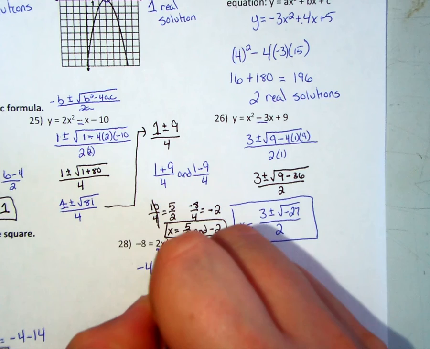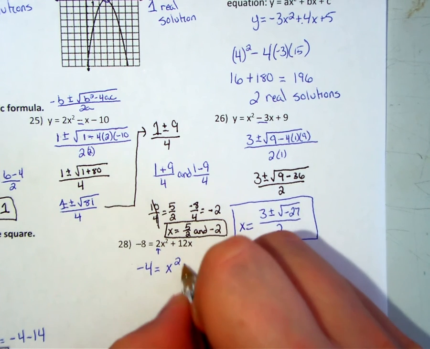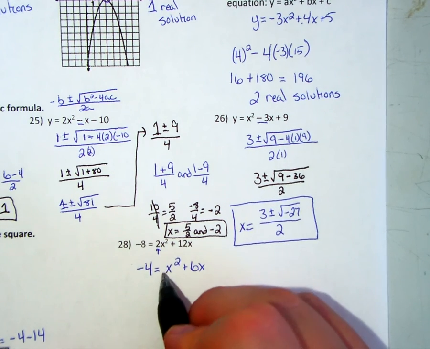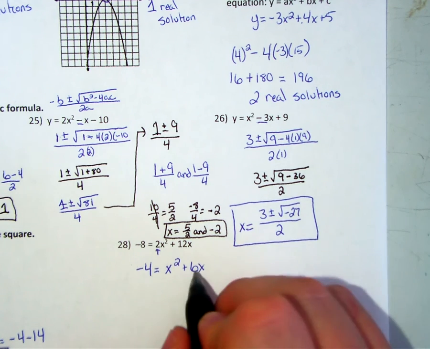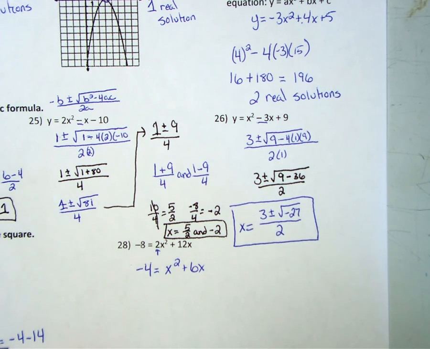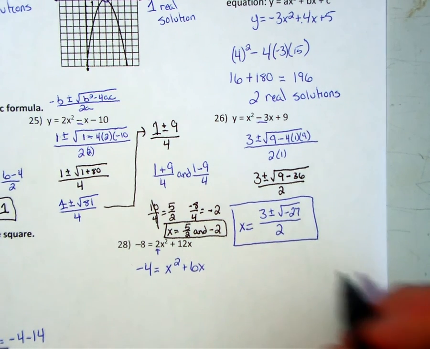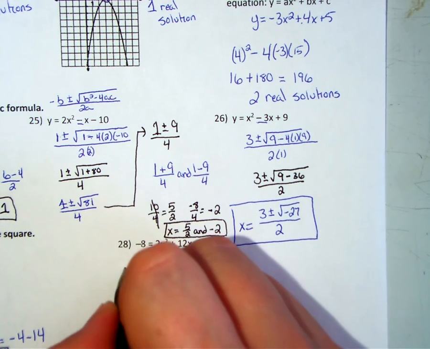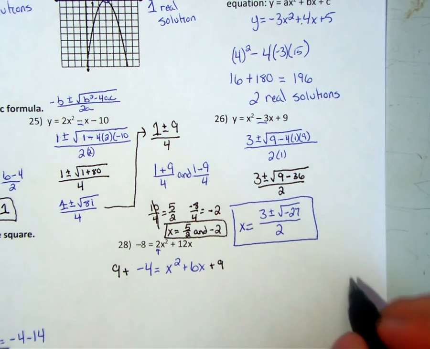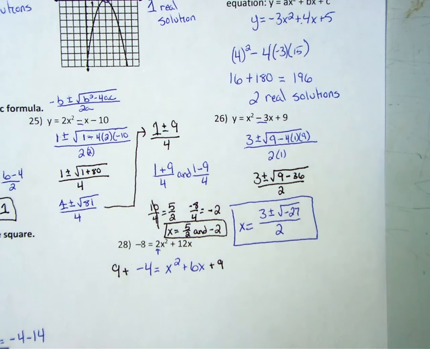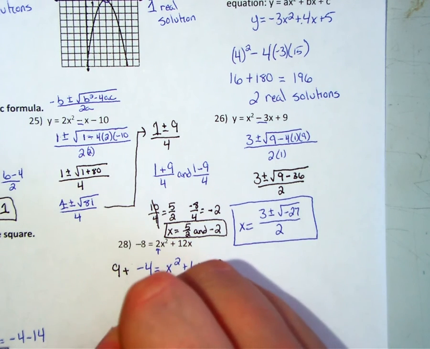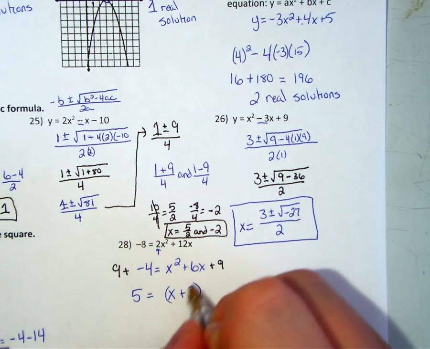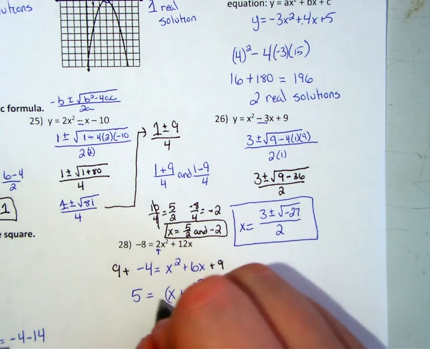Negative 4 is equal to x squared plus 6x. At this point, we can see that our a value is now positive 1, which we can make a perfect trinomial out of our a and b. And our c value is already isolated by itself on the other side of the equal sign. So half of 6 is 3, squared is 9. So I'm going to add 9 to both sides of the equation. 9 minus 4 gives me a 5 equals x plus 3 squared,